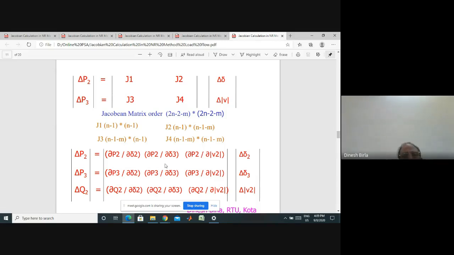Okay. Now for J2, similarly, it is the partial differentiation of active power with respect to voltage. So the voltage is only one, and this will correspond to the reactive power only. So for the order of the Jacobian, you just have to see how many voltages there are. That's all. For that many voltages, you just extend the active power row. Okay. And similarly, you see here for active power P3, the row extends for delta V2 because there is one voltage. Okay.